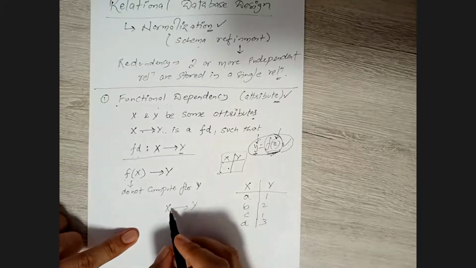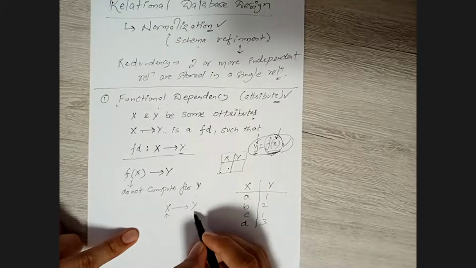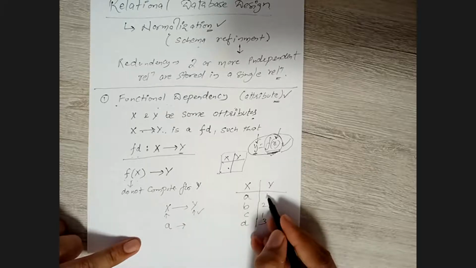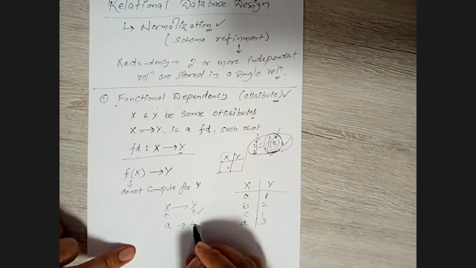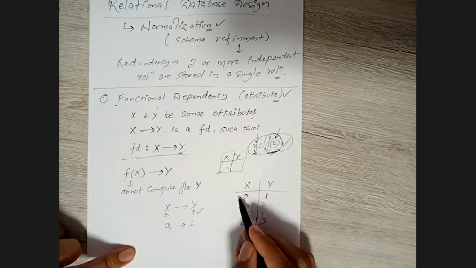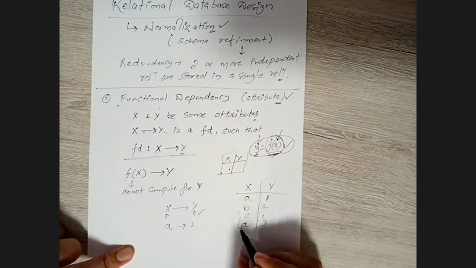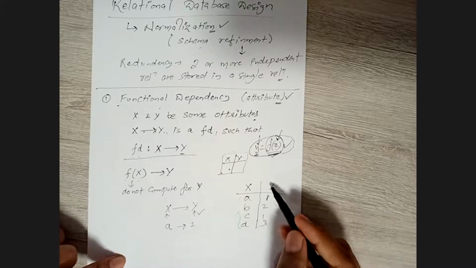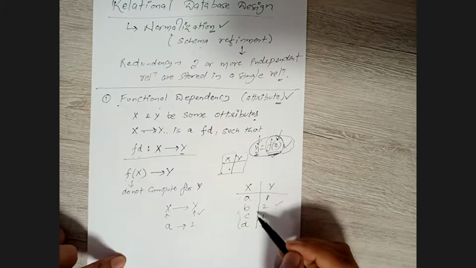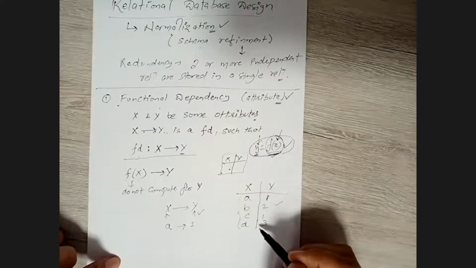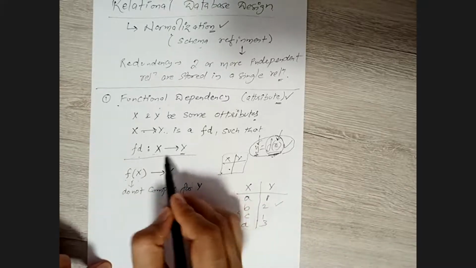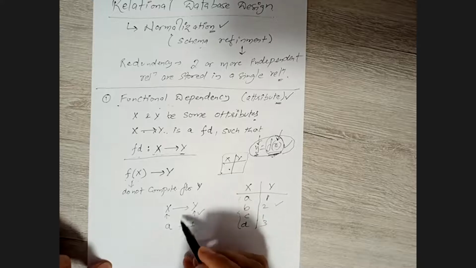What I mean to say here is, if I provide you the value of x, can you look at the table and provide me the value of y or not? I'm saying x is a, so can you give me the value of y? Yes, that is 1 here. In that way, if I ask you any value of x present here, you can compute and give me the corresponding value of y. Compute here implies whether the value is available in the database table or not. But try to understand, is this always true?